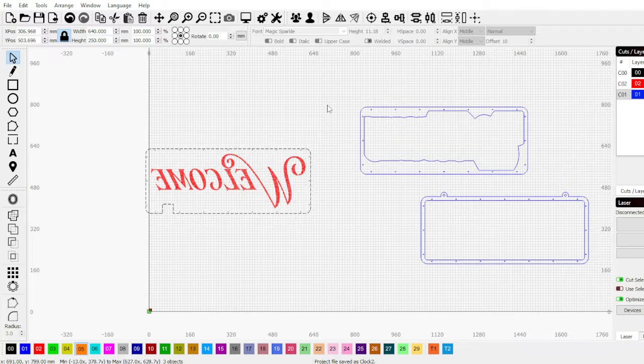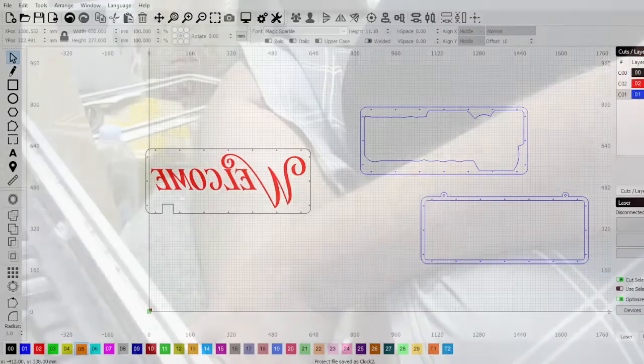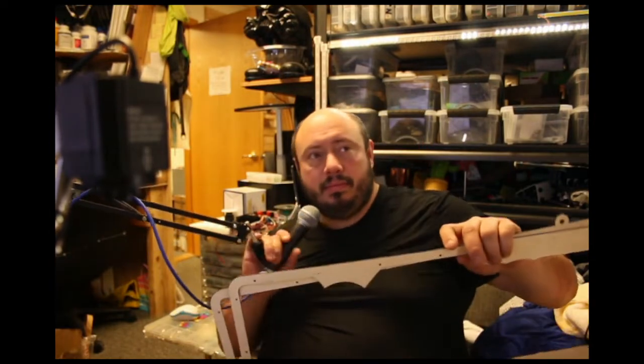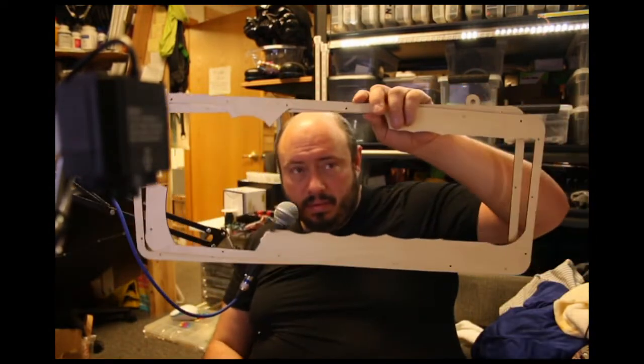Okay, so let's see. I cut this out of acrylic, cut the front piece out of wood, cut the back piece out of wood. Okay, the back piece has a hanger. So I guess I'll show you here. Whoops. There I am. So here we go. Okay, right? Huge. Let me maybe change my, there we go. Okay. Yeah, these things are big. And then the actual welcome sign. So